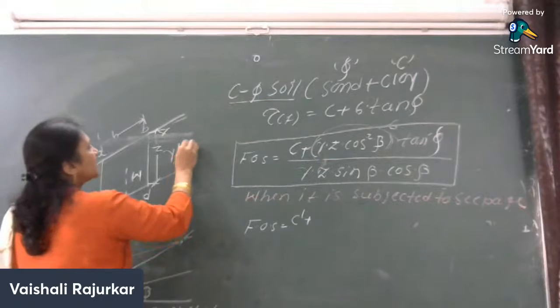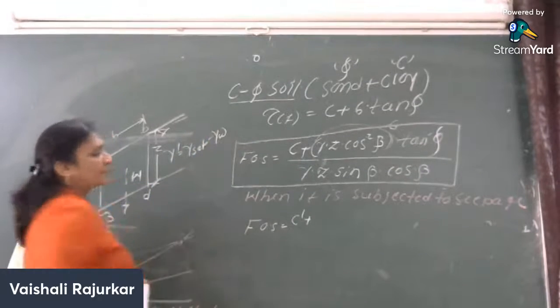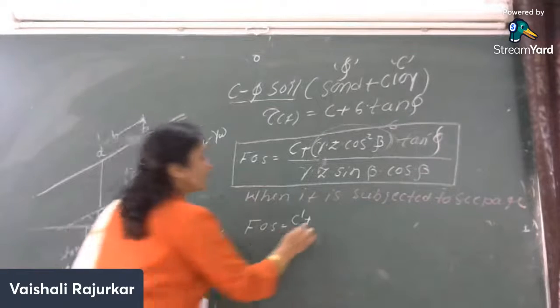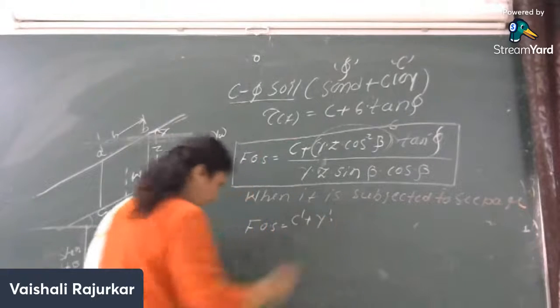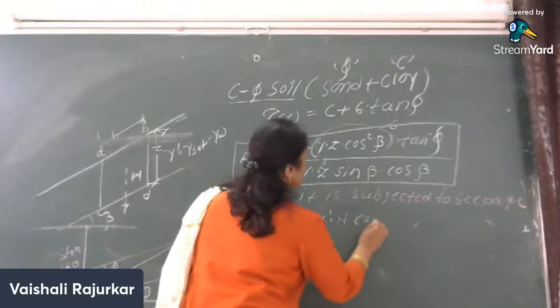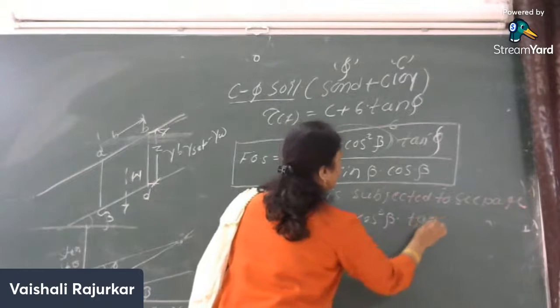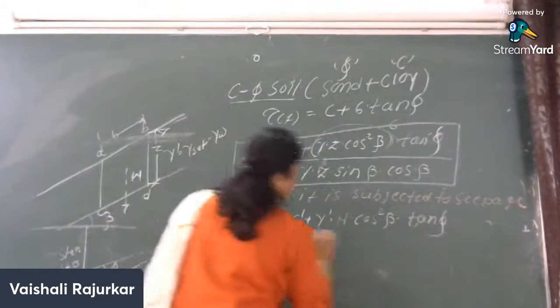And what is gamma submerged? It will be gamma saturated minus gamma w. So C dash plus gamma submerged into H cos square beta into tan phi, divided by